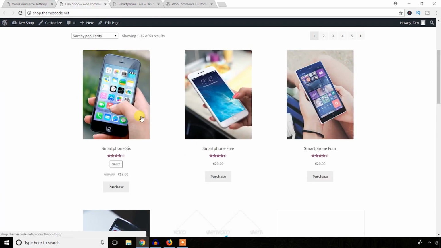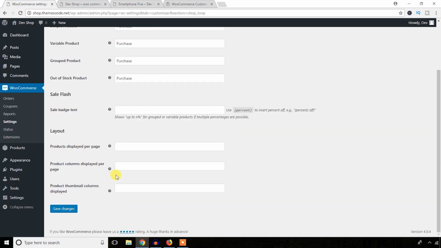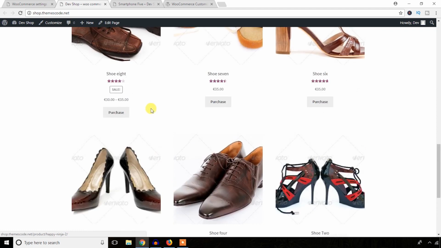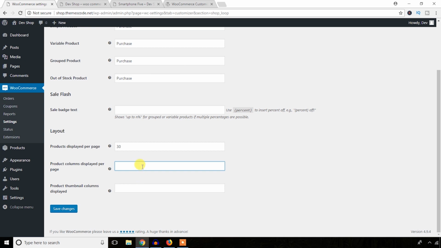As you can see, at the moment it shows 3 products, and it shows 1 2 3 4 rows. Okay, then what should I do? For products displayed per page, I want to display 30 products. And product columns displayed per page, how many columns do you want to display in a page? Here 1 2 3 columns. I want to show 4 columns, and product thumbnail columns displayed 4. So I'm going to save here